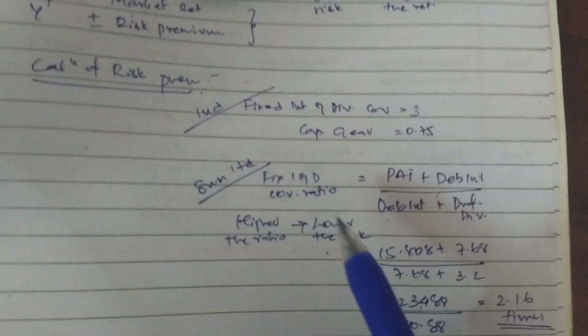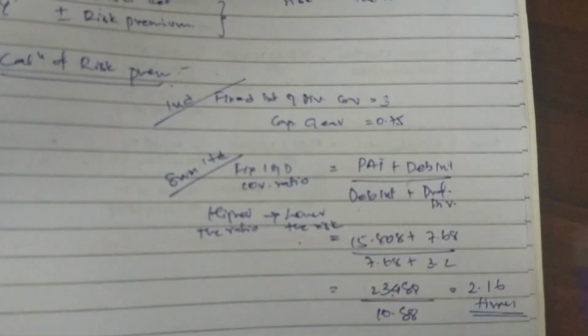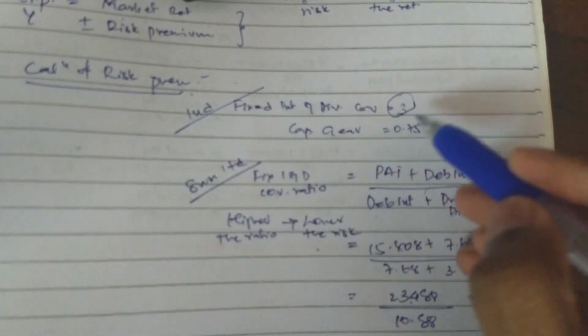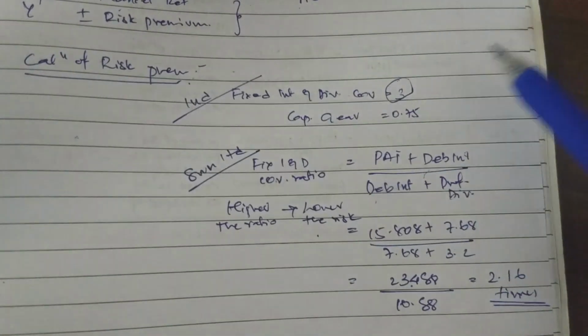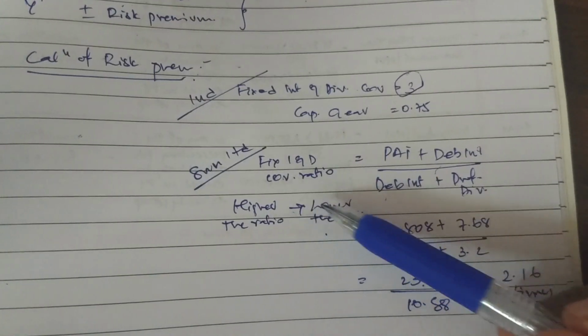Now the question is, we have 2.16 for SUN Ltd here. However, the industry had 3. Since higher the ratio, lower the risk,